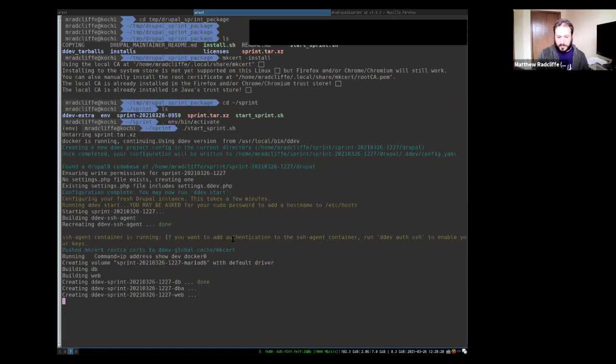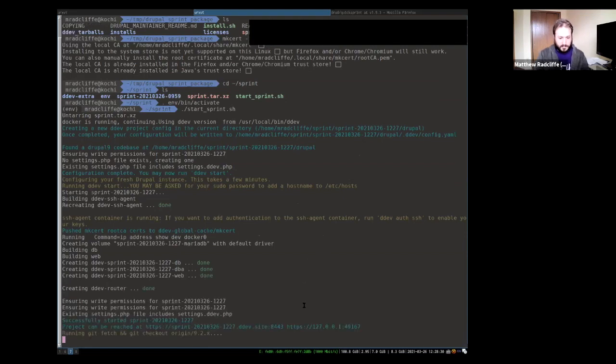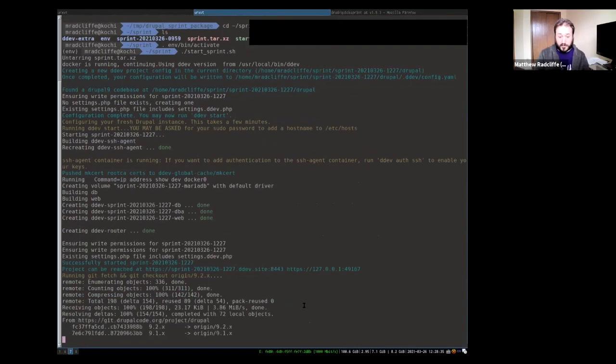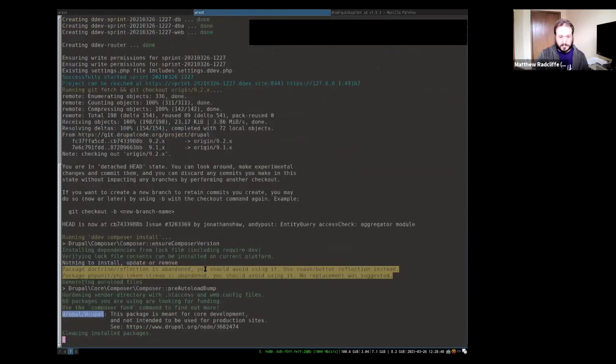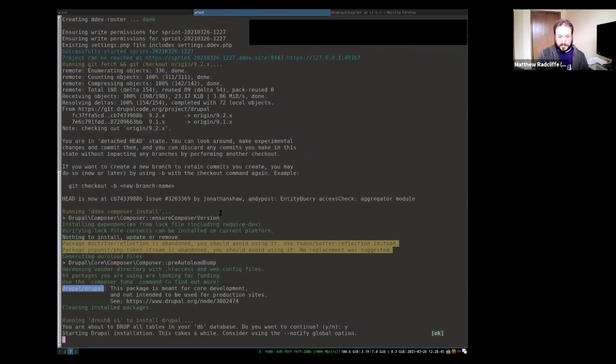Once it brings up, it's going to start these Docker containers. And once it finishes starting those Docker containers, it's going to install Drupal for you, or update Drupal to the latest 9.2.x, which is the development release. Run Composer inside the container, and then install Drupal.